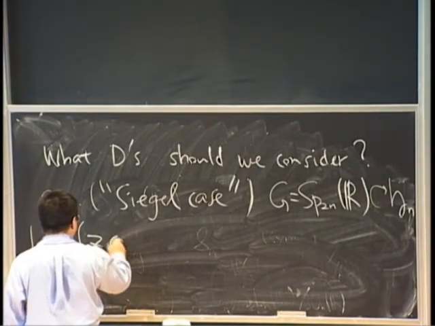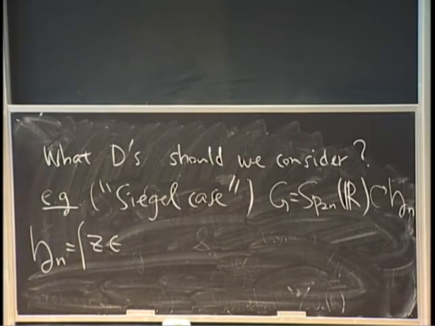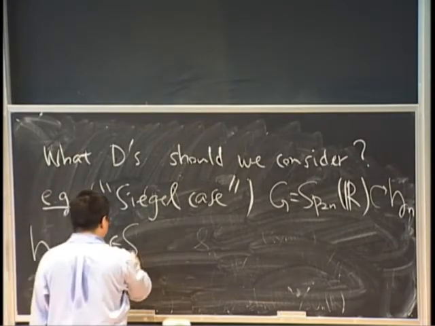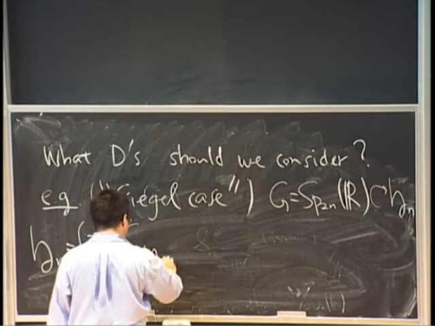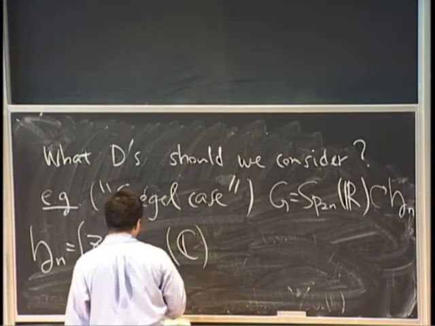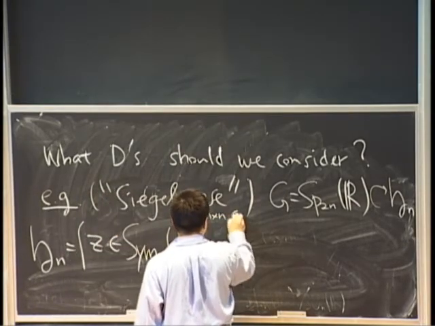These are all the, well, what is a good notation? Let me write this way. I write Sym_n(C). This just means the n by n symmetric matrices,